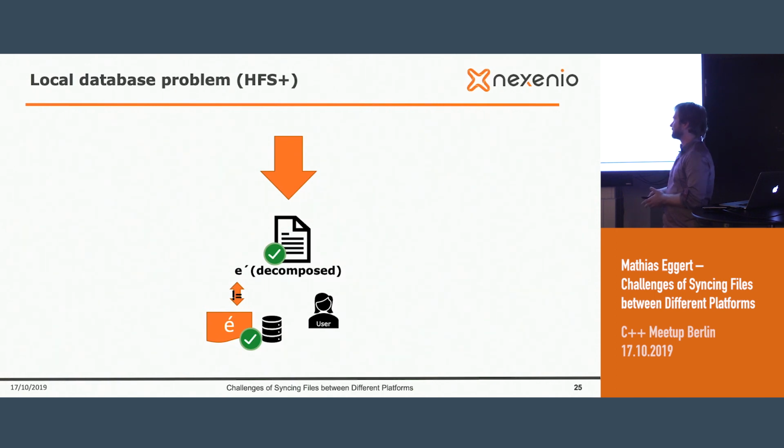How to fix it? The first solution we had was to write our own searching algorithm or comparison function for the local database. But it's not as easy as it looks because we are not 100% sure which decomposed normalization method macOS is using. And they are free to update this normalization function all the time, and we were not sure how we could update at the same speed, especially because you want to support different macOS versions as well.